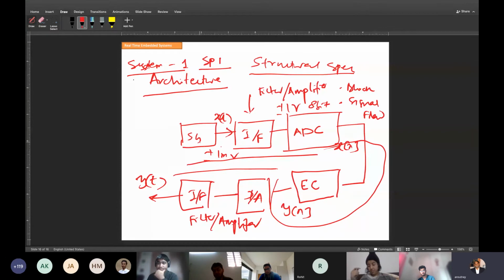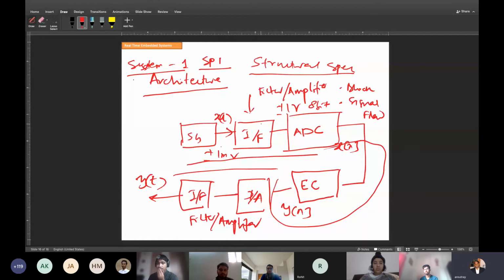Second, suppose the signal generator or the sensor has spike noises. In ECG, if you put the electrodes everywhere, whenever you move your hands, there will be spike noises. There are lots of noises. You don't want to pass every noise to the ADC, because ADC sampling frequency is fixed at 1 kilohertz, let's say, or 5 kilohertz. But suppose the noise is more than that, you have to filter it. This is called an anti-aliasing filter.